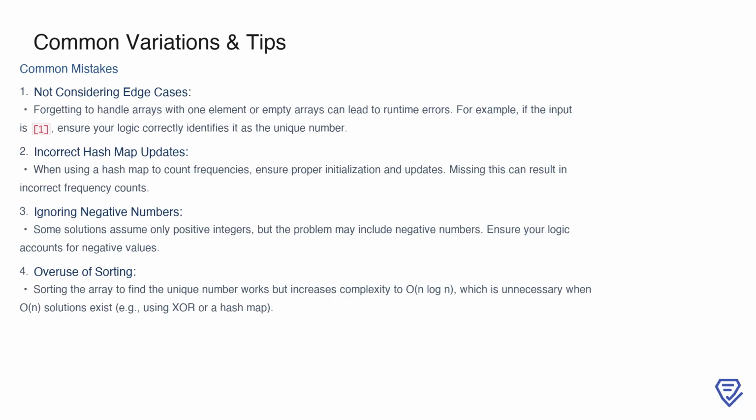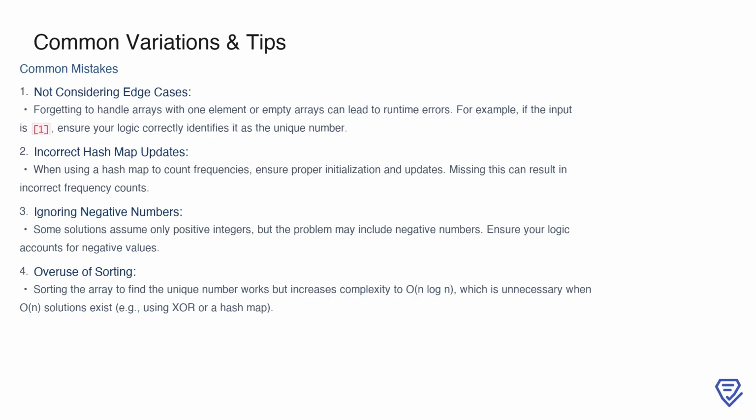Another frequent mistake involves incorrect hash map updates. If you're using a hash map to count frequencies, make sure to initialize and update the map correctly, or your frequency counts may end up inaccurate. Additionally, some solutions overlook the possibility of negative numbers. While the problem might seem to involve only positive integers, the input can include negative values, so your solution needs